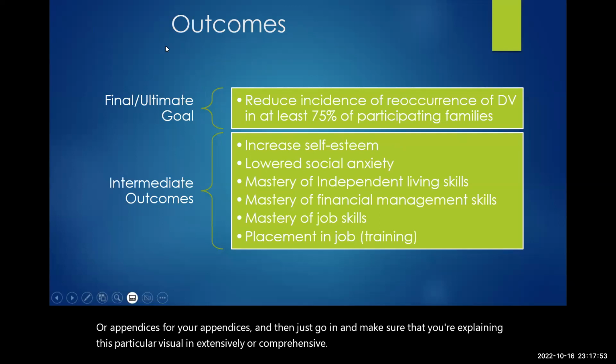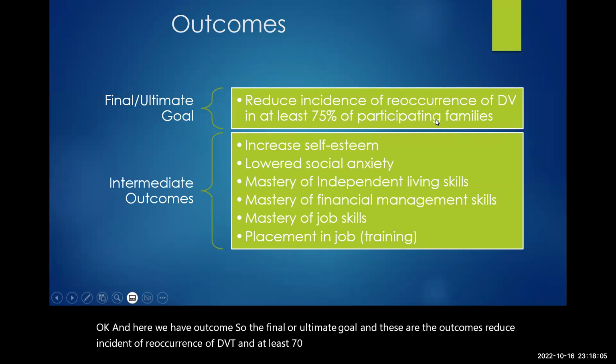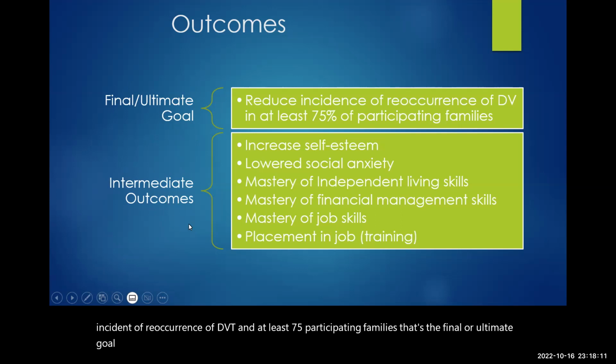Okay, and here we have outcomes. So the final or ultimate goal, and these are the outcomes: reduce incidence of reoccurrence of DV in at least 75% of participating families. That's the final or ultimate goal. And these are the intermediate outcomes, I'm sorry. Increase in